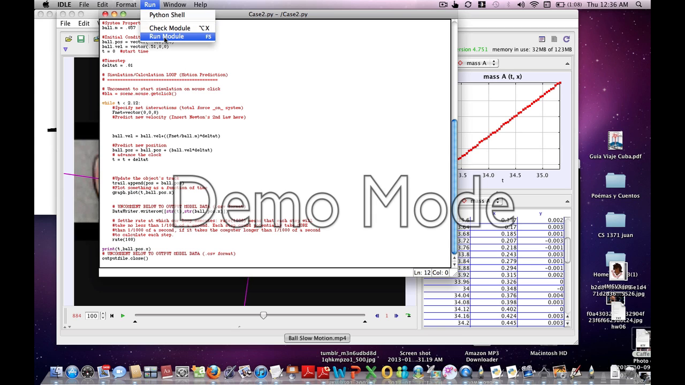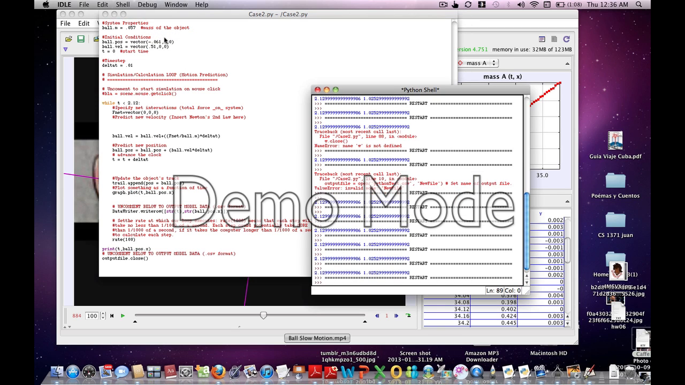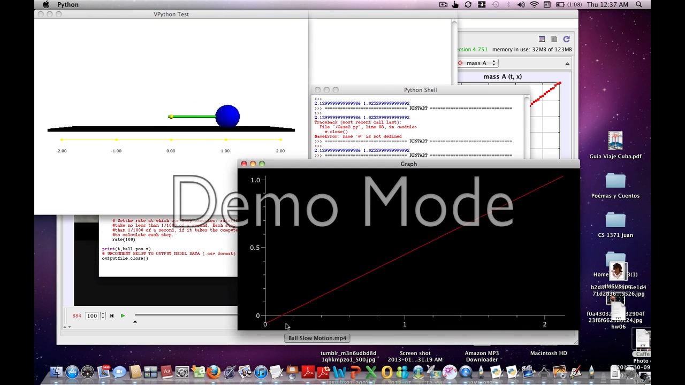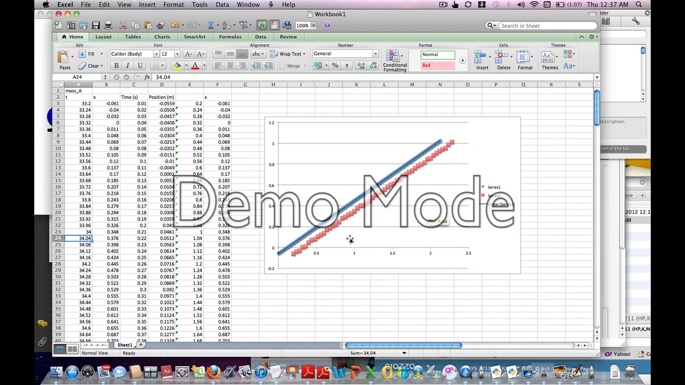Let me show you how this actually runs. You basically have the ball running in constant motion. Here's the data illustrated in a graph, and I extracted that information and graphed it alongside the results for the tracker vid, the actual data from the tracker vid, which is the realistic one. Here's the data from the tracker vid, here's the data from my